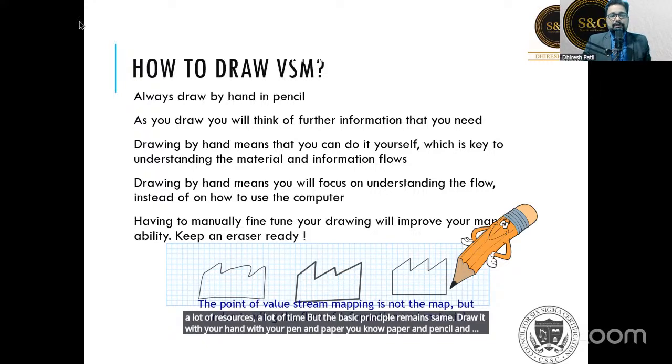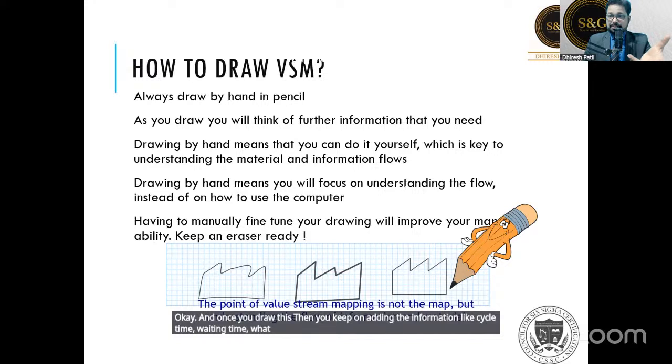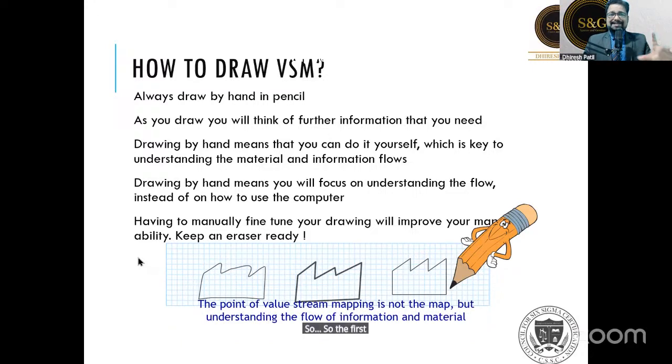Okay, and once you draw this, then you keep on adding the information like cycle time, waiting time, what is the inventory, how much is the uptime of that process step, etc. All this information you start adding as you go along. Okay, so the first point I want to draw is draw with simple, with your hand, with your pencil